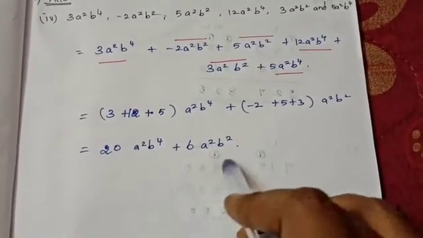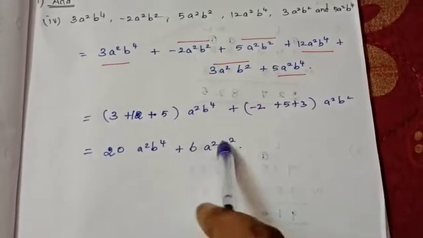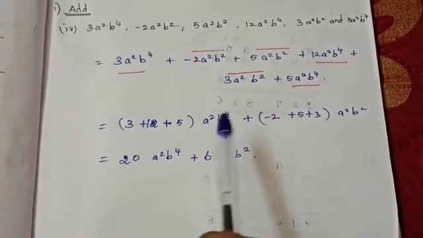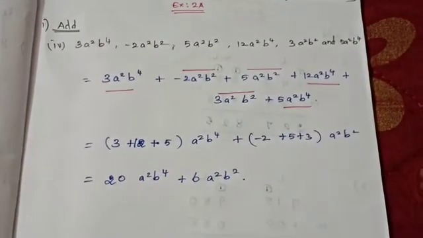But these two are unlike terms, so do not add anything. You put the plus sign between these two terms, meaning this one is added with its variable. So this is today's class, students. Everyone do this first sum and take the remaining as homework.